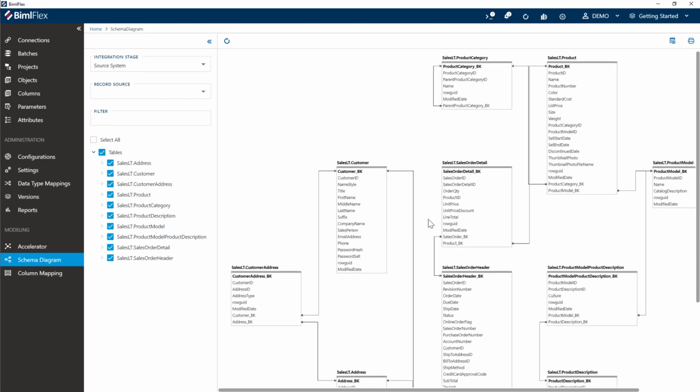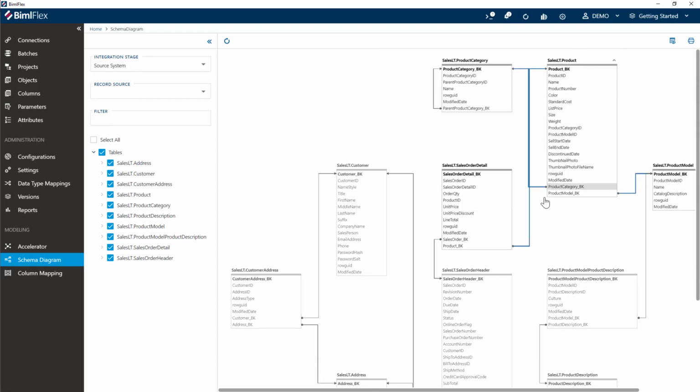And get a bit of an overview of your AdventureWorks solution. As you can see here, this is just a very standard AdventureWorks LT solution. So now I have enough metadata just by importing the metadata. And if you've got a fairly clean system with enough relationships, BimlFlex will then know in what order it needs to extract and land the data. So I've got enough information here by just importing metadata to actually go and land that data using Azure Data